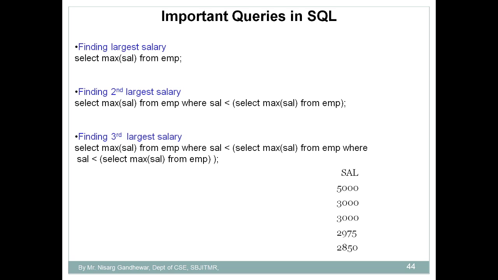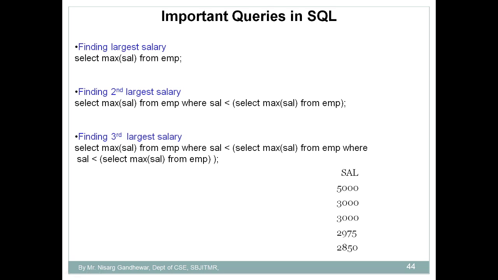In short, I can say that you require a SQL query which returns the nth largest salary. No matter how many rows are there in my table, whether 1 lakh rows, 2 lakh rows, 3 lakh rows, whatever the number of rows present in my table, it should return the nth largest salary of an employee. So this is about the largest. Similarly, you can work it out for the smallest. Here, instead of max, you write select min of sal from employee. This will return the lowest salary.